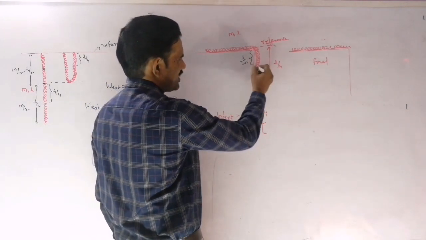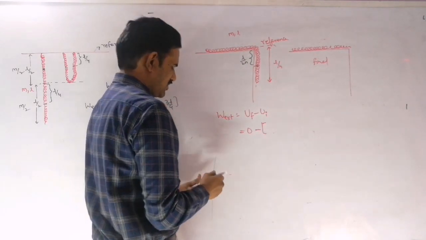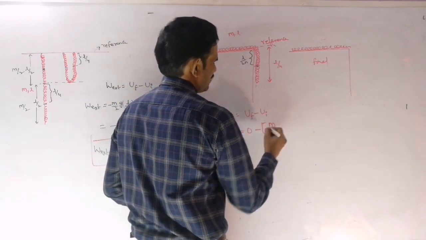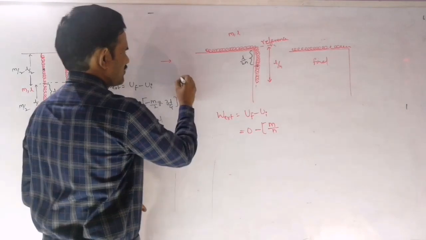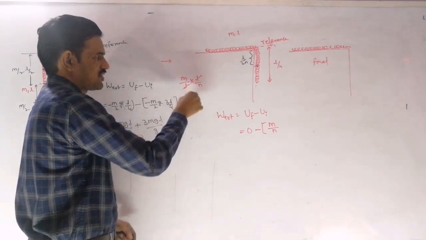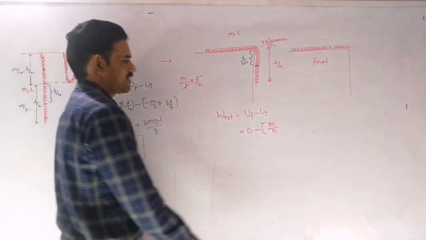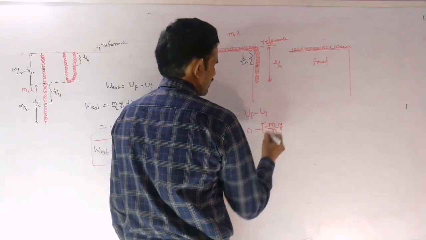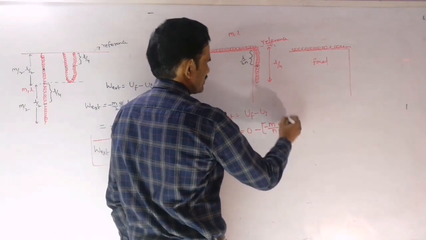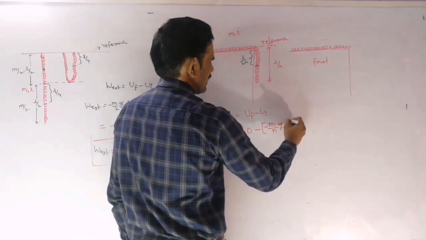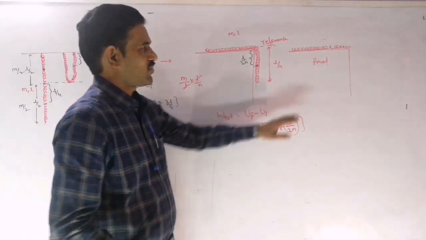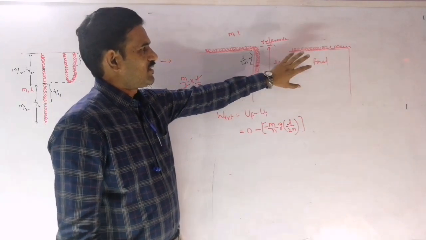Now the potential energy of this part I am writing here. Its value is the mass of that part, which is m by n. Mass of that part means m by L, mass per unit length, into the length of that part L by n, so it is nothing but m by n. Mass of the hanging part into g into, it is negative, because it is below the reference level. And the distance of the center from this reference level is L by 2n. Is it clear? This problem is important in this work power energy topic.